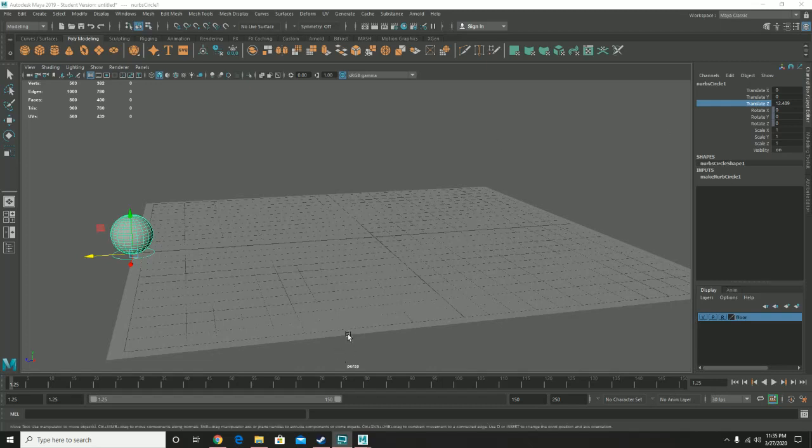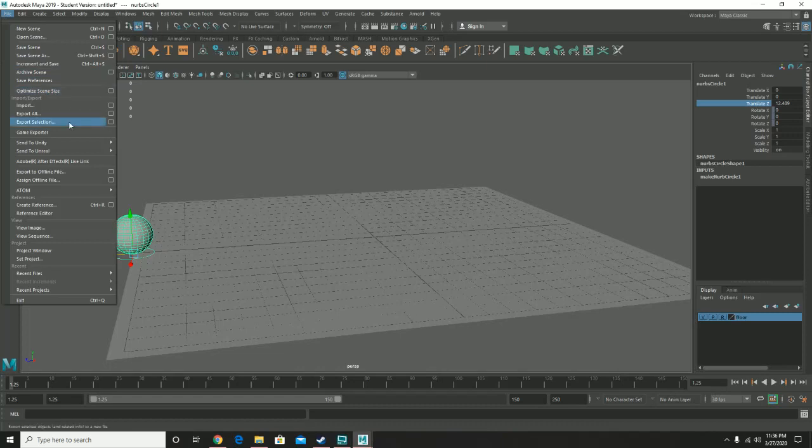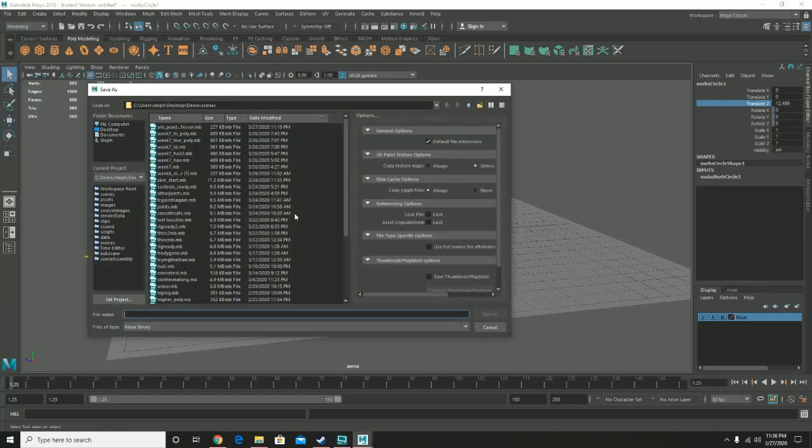Hello everyone, and what we're going to be doing today is we're going to take a look at how I'd like everyone to create their first assignment. Now, what is going to happen is I'm going to make this file available. I'm going to actually give you the naming convention here. It's going to be named